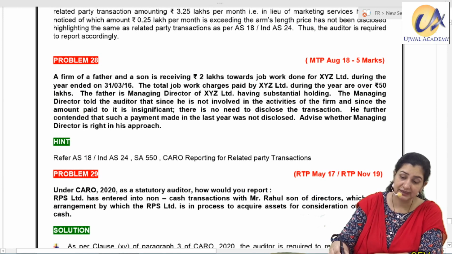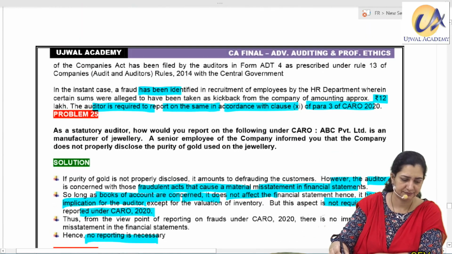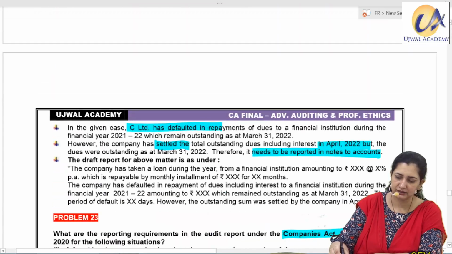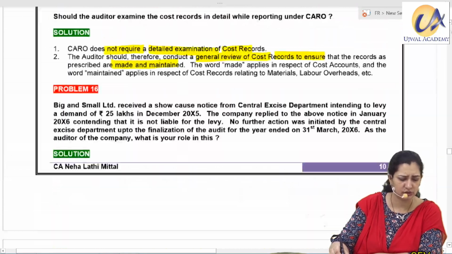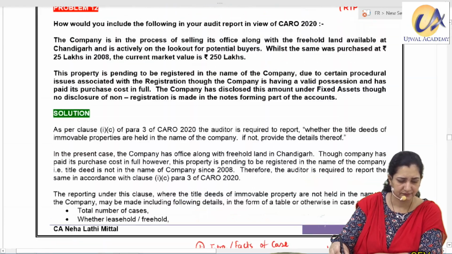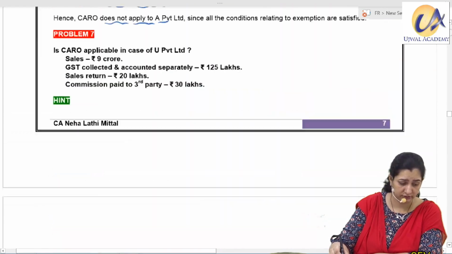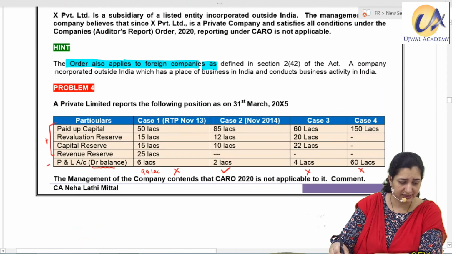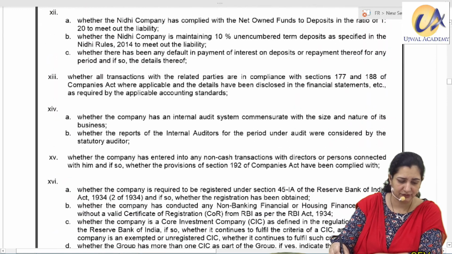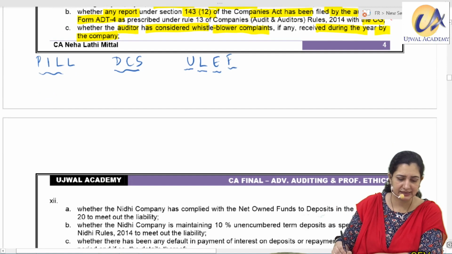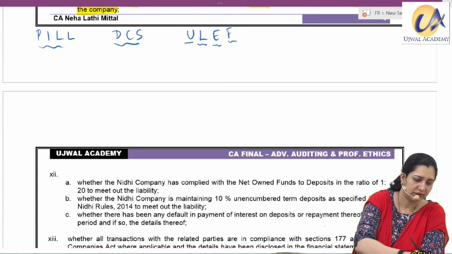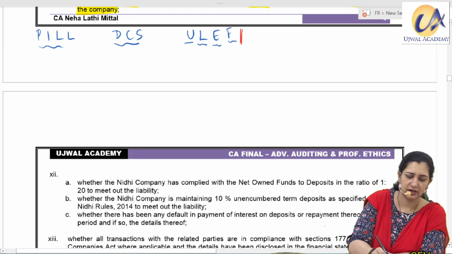Now we need to complete the other 10 points. So come back to our remaining 10 points. These are all small points, so don't worry. I know 21 points is a lot, so the student gets tired by the end of it, but we don't have a choice. So PIL, DCS, ULEF is over. Now the next 10 points. I start with